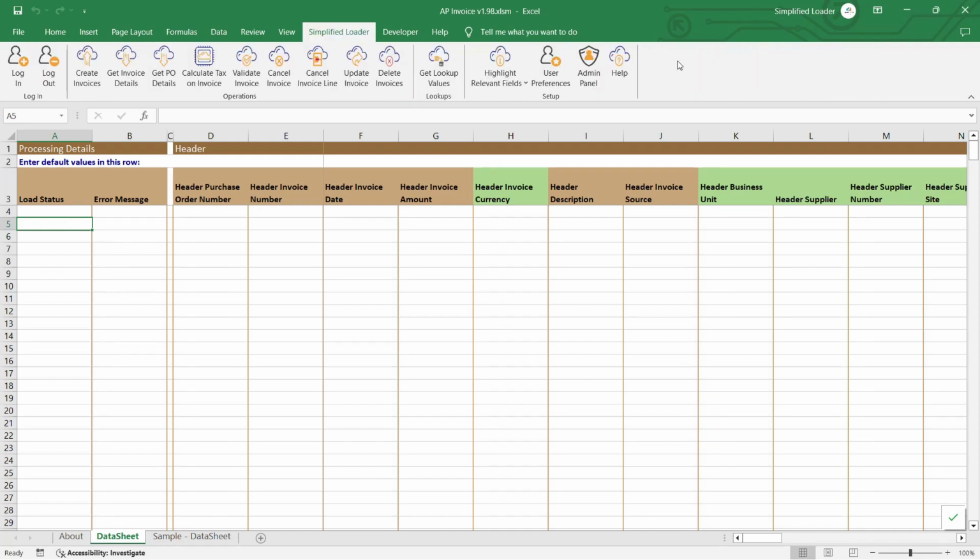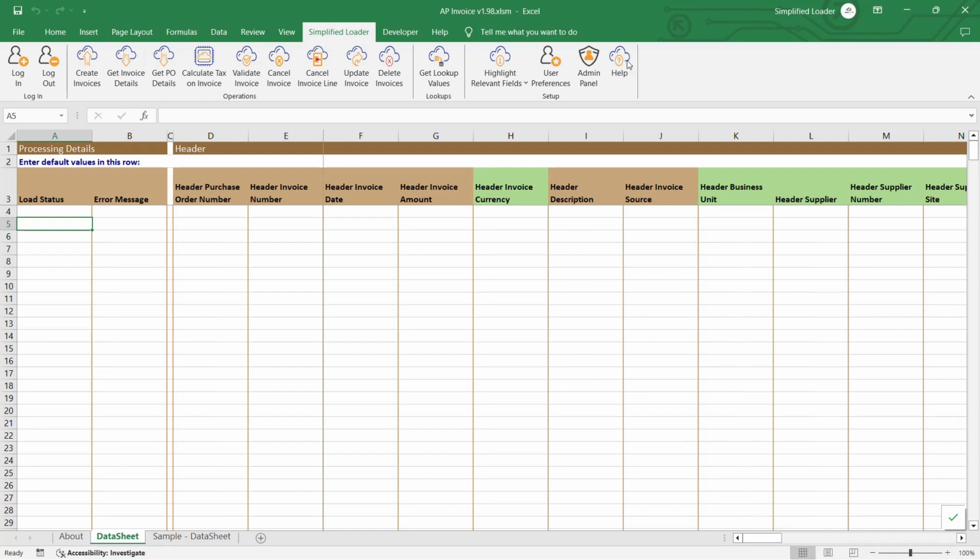When the integration mode is enabled, users log into the simplified loader template using their login credentials. When transacting with Oracle Fusion, the simplified loader template would use the login credentials of the common integration user. To enable the integration mode, the administrator would need the login credentials of an integration user.